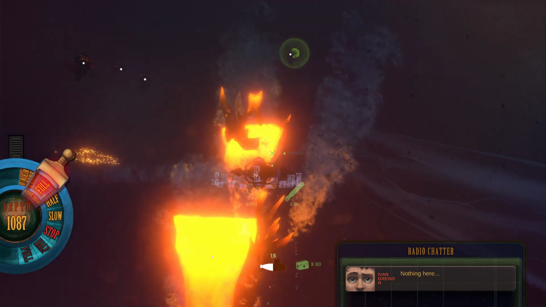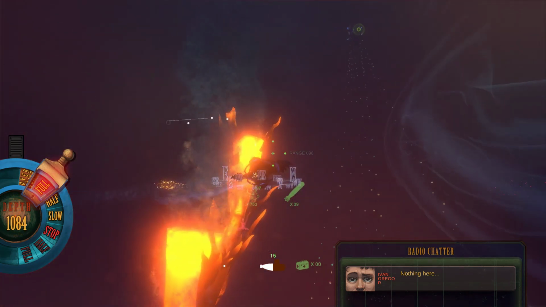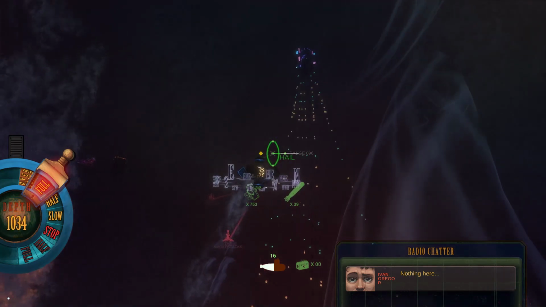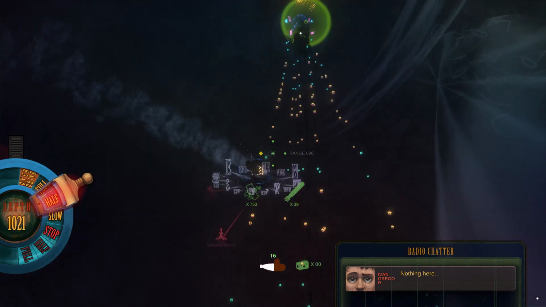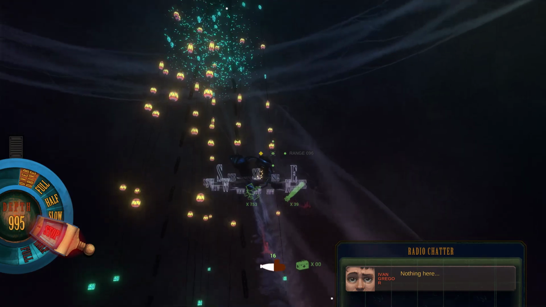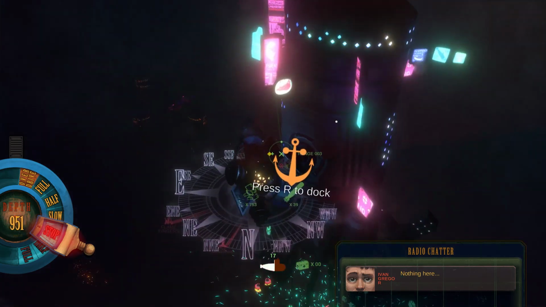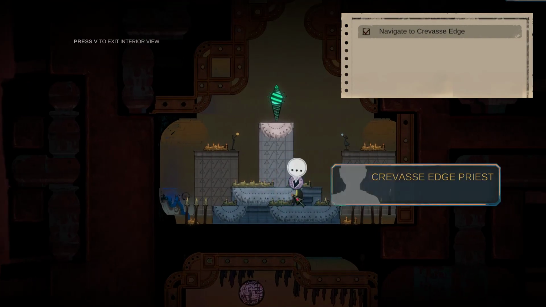Look at that, there's something up there. Oh, we missed that earlier. Is this the smokestack that we're right by? Yes, okay. And the lovely shimmering rainbow tower. Crevasse Edge, excellent. Hopefully someplace here that we can